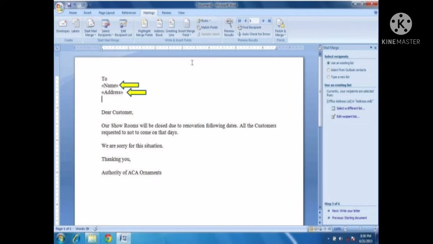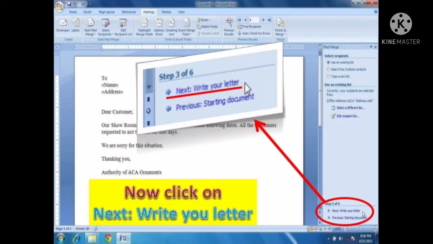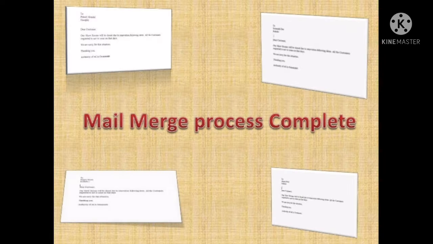One standard letter can be written and sent to all customers without having to manually add each name and address. It is a very fast way to produce hundreds of personalized letters. How is it possible? Let's see now.